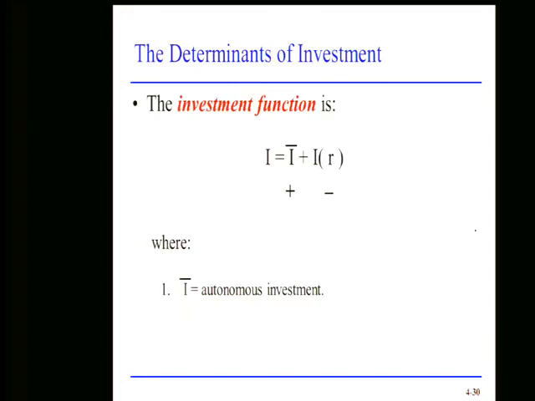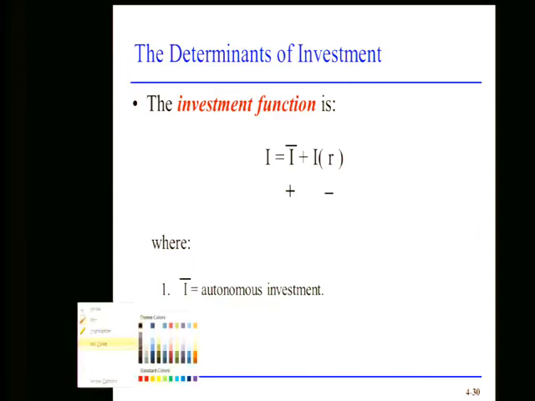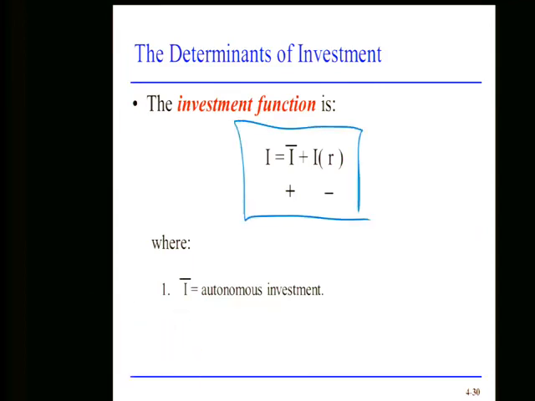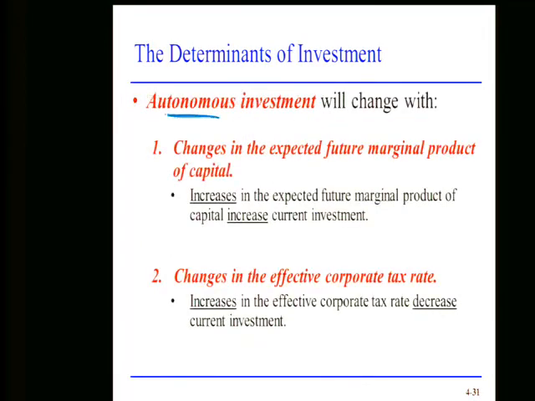Because the investment in physical assets that businesses undertake have a long lifespan, they are financed over the course of that lifespan. So we're going to use a very simple investment function at this level. So total investment equals an autonomous portion and a portion that depends upon the real interest rate. And a portion that depends upon the real interest rate is going to come in a negative way. Now let's think about what's in that autonomous investment portion. So here, what autonomous means is what are the other factors that could affect investment that is not